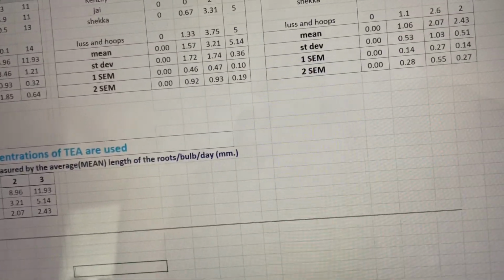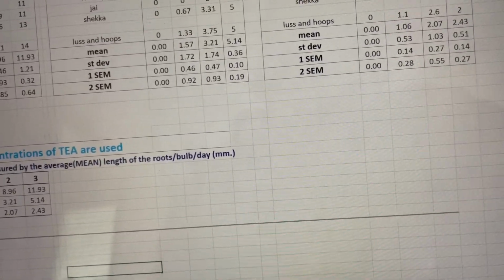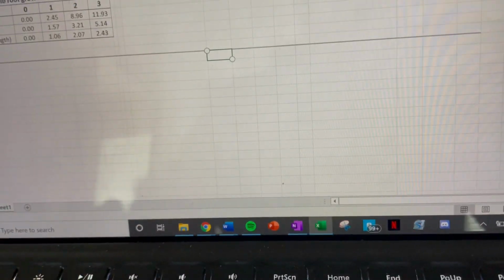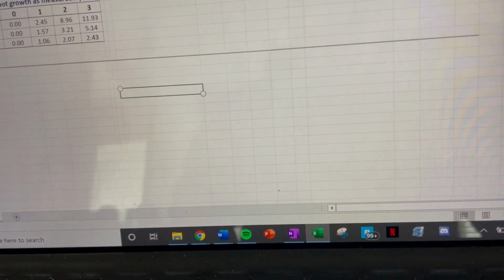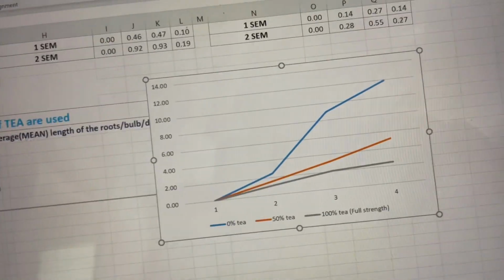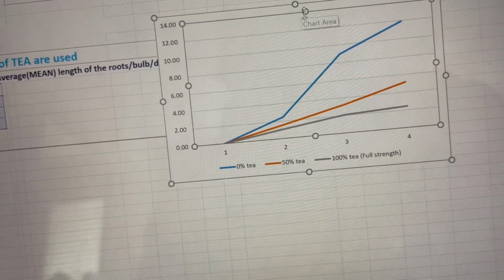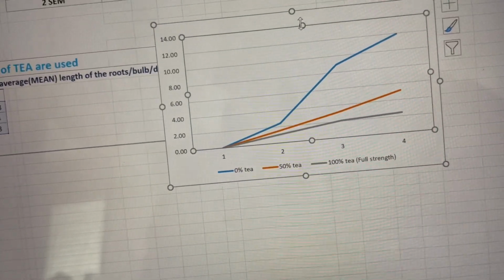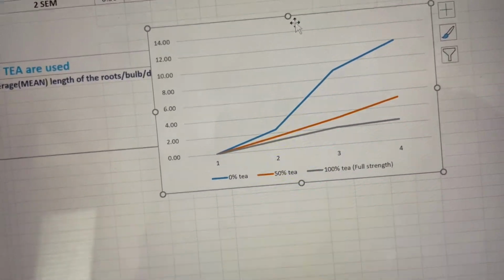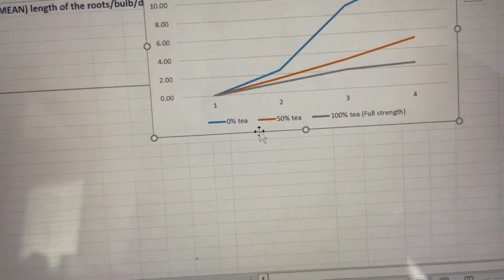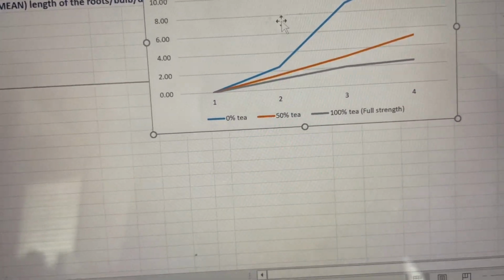Oops, I accidentally got rid of that. Control that. Hold on. There we go. Okay, so it's back. So this is our onion lab. And you can add a title if you would wish to add a title up here. Pretty straightforward. And so from here, you can also label the axes different units if you would wish to, and